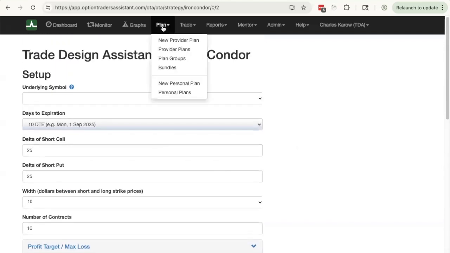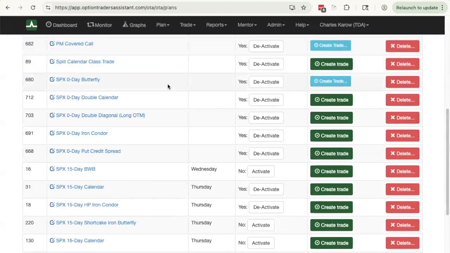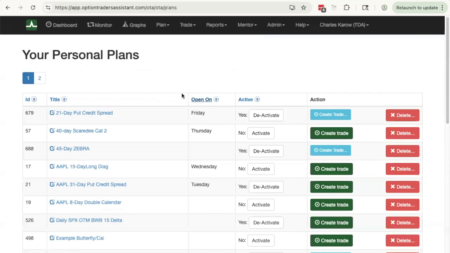And then under personal plans, here is a list of all the different personal plans that you have, and you can activate or deactivate them, which means they will either show up on the list or not. And if you deactivate it, because this is not the season for that kind of trade or the environmental conditions, it's here on the list, and you can reactivate it later when conditions become more favorable for that particular trade. So I can go out and edit the trading plan, or I can create a trade from the plan, or I can even just delete it to get rid of it altogether. So now going back to the dashboard,